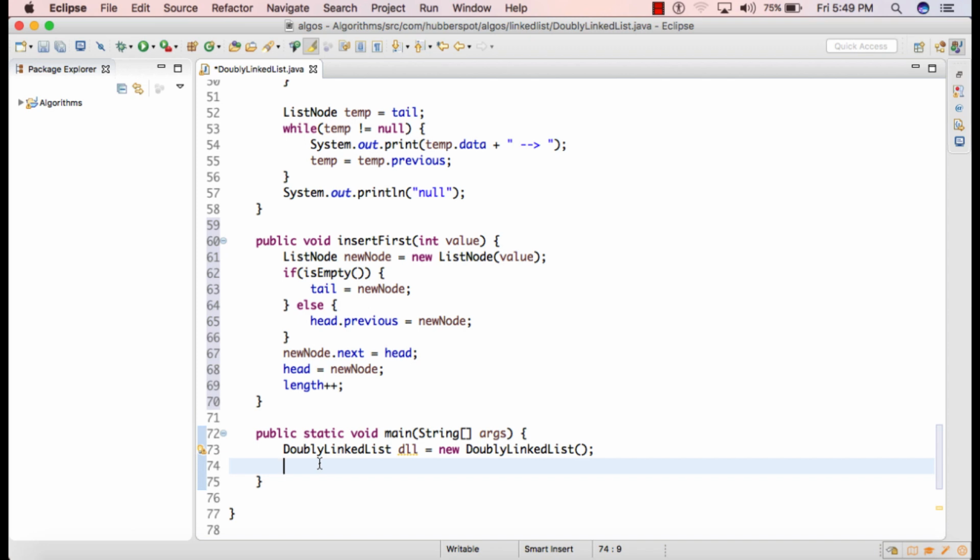Now in the main method, let's run this code. So first I have created an instance of DoublyLinkedList. So initially head and tail point to null and length is 0.